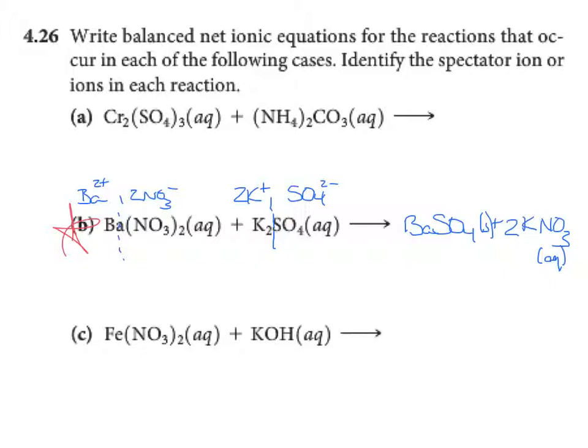Remember that when something is aqueous, that means that when you put it in solution, it's breaking apart into its ions, okay? So I know that barium sulfate is a solid, which means it can't break apart into any ions. It's like that picture we saw where they're all clustered together on the bottom. But the potassium nitrate can. So we still got 2 potassium ions and 2 nitrate ions there, all right? So your spectator ions